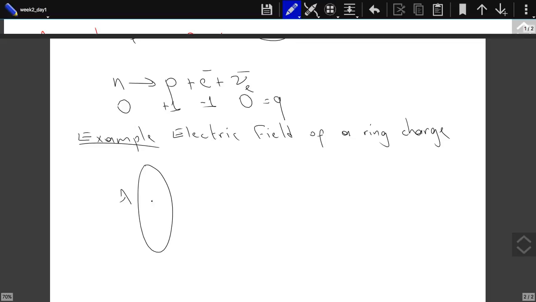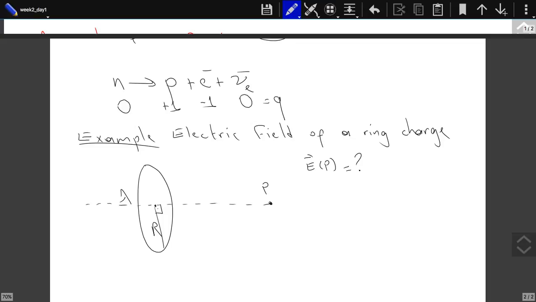Again, this is not a point charge. For a point charge, we know the law of the electric field, so we could have just written it down. This is not a point charge, but we can still treat it as a collection of point charges. So we can divide that object into very small parts. Now, each one of these very small parts, let's say this one over here at the top,